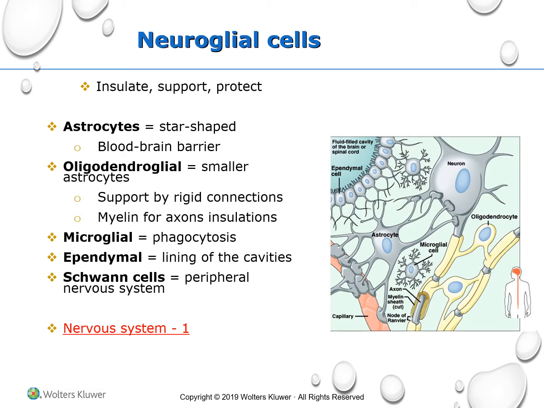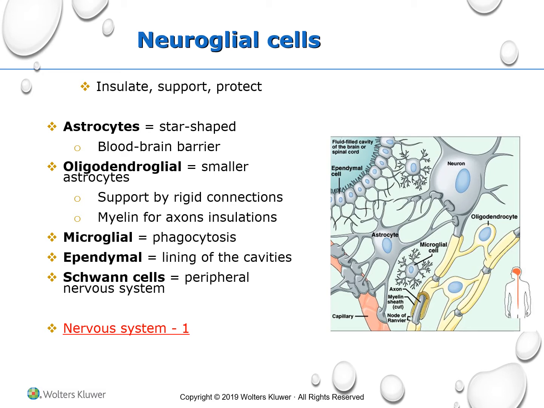And again, their main role is to insulate, support, and protect the neurons, which are the main players in the nervous system. We have the astrocytes, and they have the shape of a star, and you can see them in the picture. And they serve more than one function. They nourish and physically support and anchor neurons. And you can see how they connect between the neuron and the capillaries. They will regulate all the neurotransmitters, absorbing them and degrading them. They are taking care of any excess ions, so they will not be able to harm the neurons.